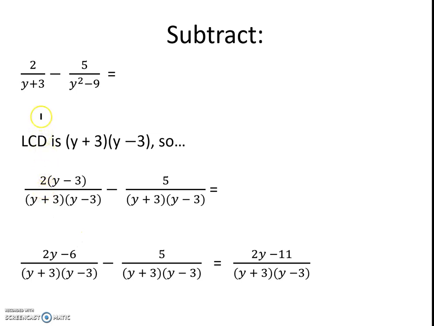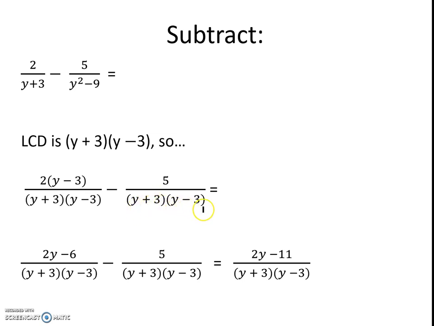Continuing to subtract, we're left with the problem 2 divided by y plus 3 minus 5 divided by y squared minus 9. The LCD is y plus 3 times y minus 3, because if we FOIL that, we get our y squared minus 9. So taking the first term, 2 over y plus 3, and we're adding a y minus 3 in the denominator, so we have to do the same thing to the numerator. Minus 5, which we get over here, and we simply wrote y squared minus 9 as y plus 3